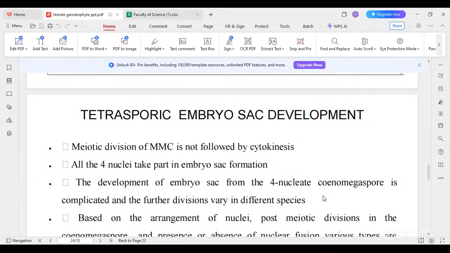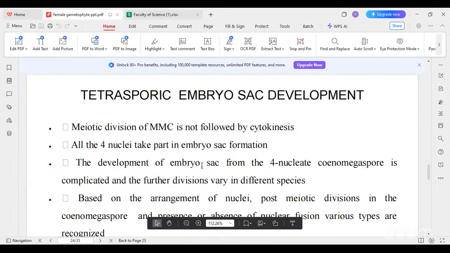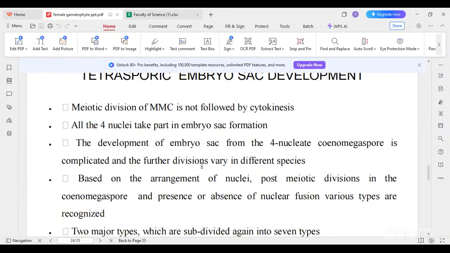All four nuclei take part in embryo sac formation. The development of the embryo sac from the four-nucleate type,